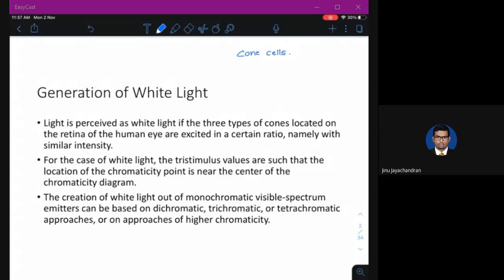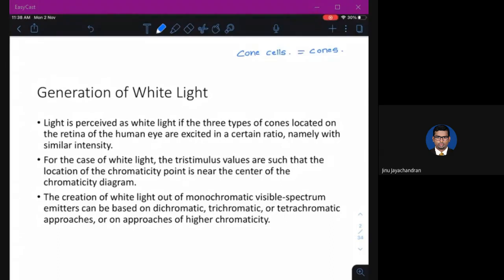For example, most of the cone cells are sensitive to red, green, and blue, which are the primary colors. Depending on the intensity of the light falling on these cone cells, you will perceive red, green, and blue in different combinations, resulting in a particular color. These cone cells are commonly called cones of the retina.